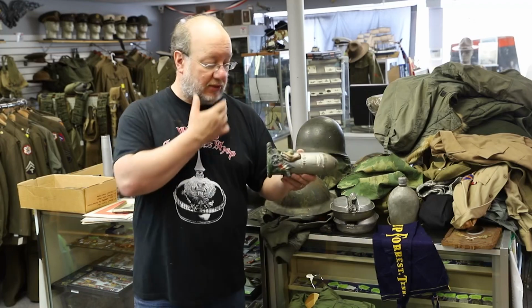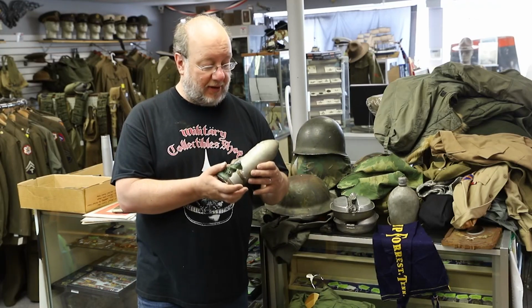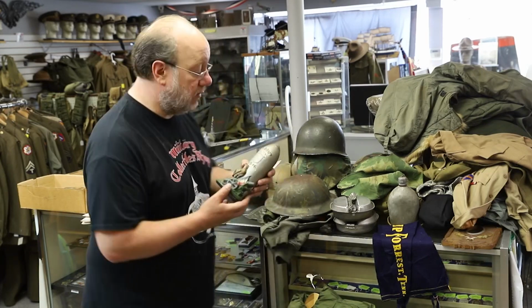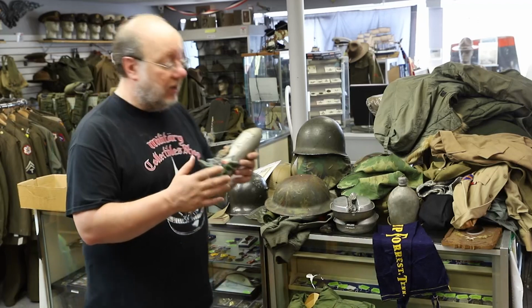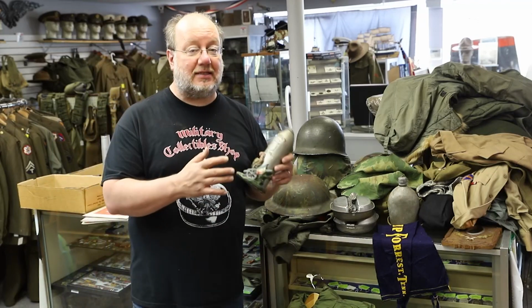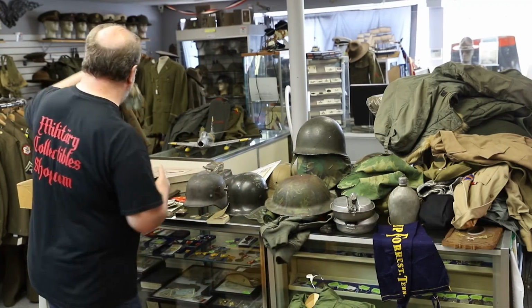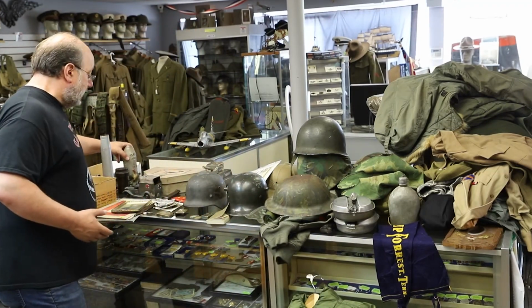This is the first time I've ever seen a shell like this. But to find one in the original paint and one that's not smashed is quite rare. So I was very happy to get that. And again, early 1916, before America got into the First World War. So kind of unusual. Speaking of unusual,